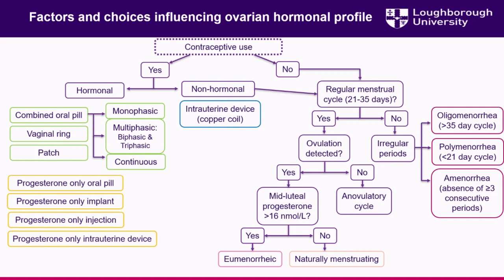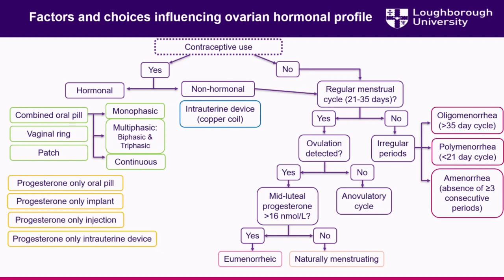There is obviously a big trade-off between the ecological validity of testing females in their free living state and testing them around very specific phases of their menstrual cycle or contraceptive use. And that's something that's going to be layered on in January with Emma O'Donnell's session around what factors we should consider, when we should control for these things, when we should not control, and how much we should control.